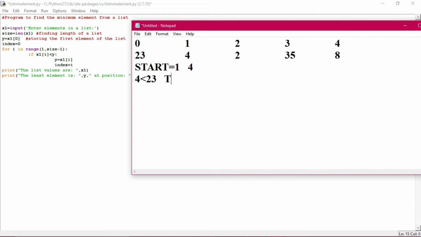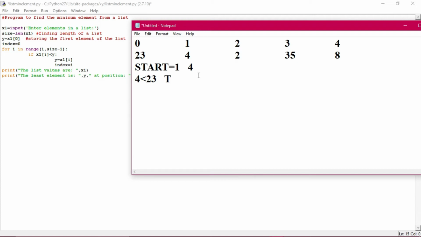Then what will happen? Y equals x1i, that means y will be updated. Whenever this is true, the first element, that is index 0, has been compared with this element, and it is finding true.